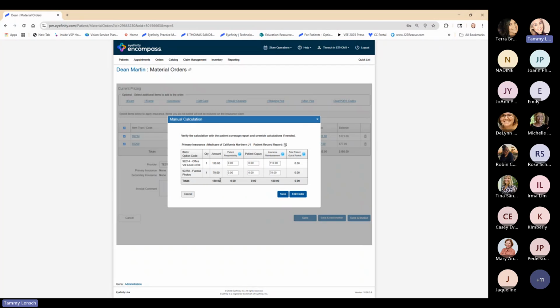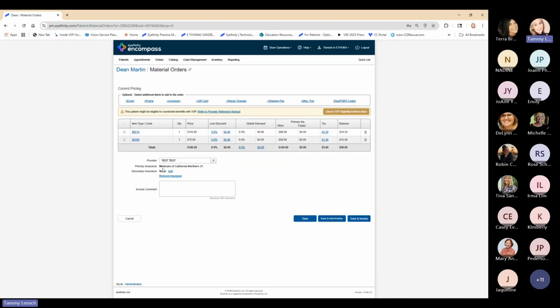In today's example, we're going to say that this patient has a 20% coinsurance that they owe. So we are coming over to where it says patient responsibility, and we're going to type in a 20% copay, which I checked, it's about $22. And then we'll put in $14 here. So, 20% coinsurance. I'm going to leave the rest of this blank for just a moment. Okay, I'm going to hit my save button. And I'm going to then add my